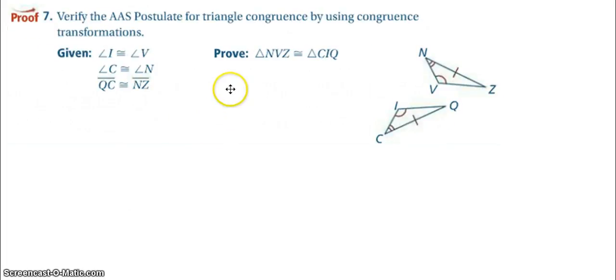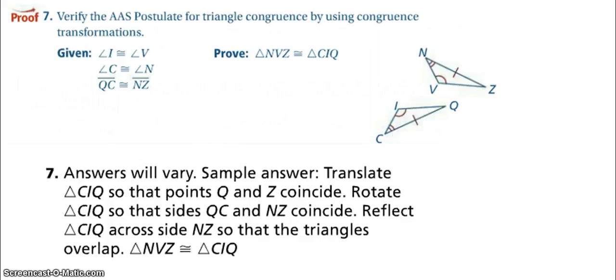Now be careful of the orientation. C is going to map to N, I is going to map to V, and Q is going to map to Z. So since the orientation stays the same except for C being on the bottom, now going to the top, we know that there's going to have to be some kind of reflection that happens here. And like I said, your answers may not be perfectly the same as what I have on here, but as long as your composition of transformations maps from one shape to the next and keeps the size the same, then